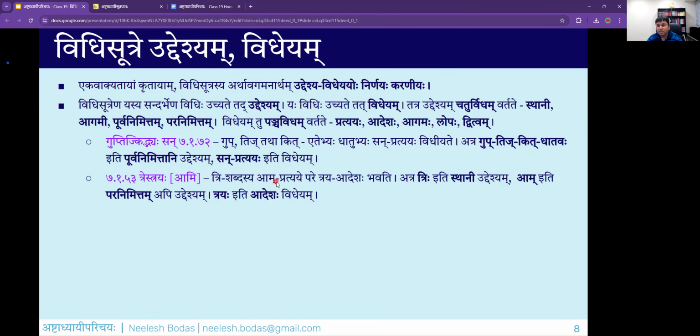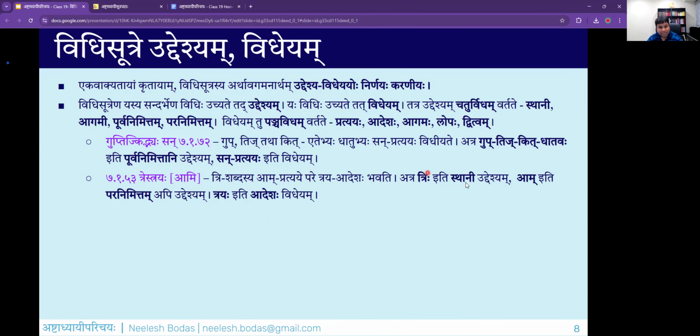Another sutram, trestrayaha. Tri iti shabdasya am pratyaye pare traya iti adeshah bhavati. The shashti bahuvachan of three is trayanam. That 3 to traya conversion happens in this sutram. So 3 iti shabdasya. On the previous step of the prakriya, there must be a configuration called 3 plus am. And only then 3 is going to become traya. So 3 is known, am is known, and now the adesha is newly told.